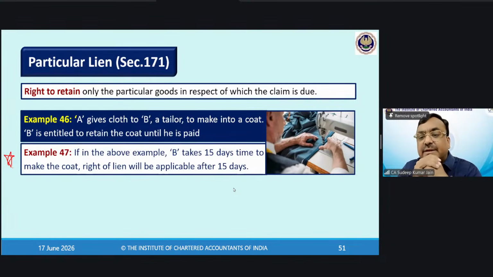सर, माइनर ग्रेचुटियस बेलमेंट में बेली बन सकता है। देखिए बेली बना दीजिए, लेकिन आप कोई लॉस क्लेम नहीं कर सकते, बिकॉज द कॉन्ट्रैक्ट विद माइनर इज ऑलवेज वॉइड।